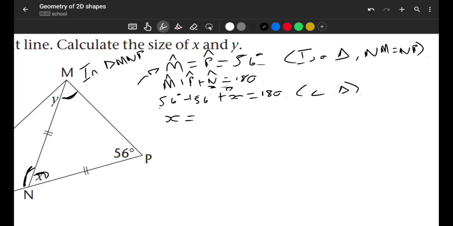X equals to 56 plus 56 is going to give you 112, right? Move positive 112 this side, it will become negative 112. Sorry, I don't know why I did such a huge line. It's going to become negative 112, right? So then you're going to have here X is equals to 180 minus 112. That will give me X is equal to 68 degrees,